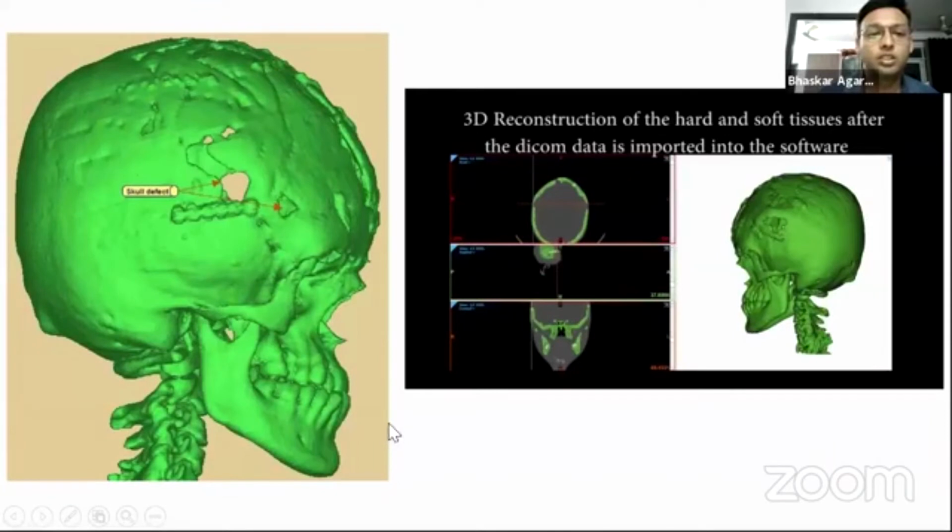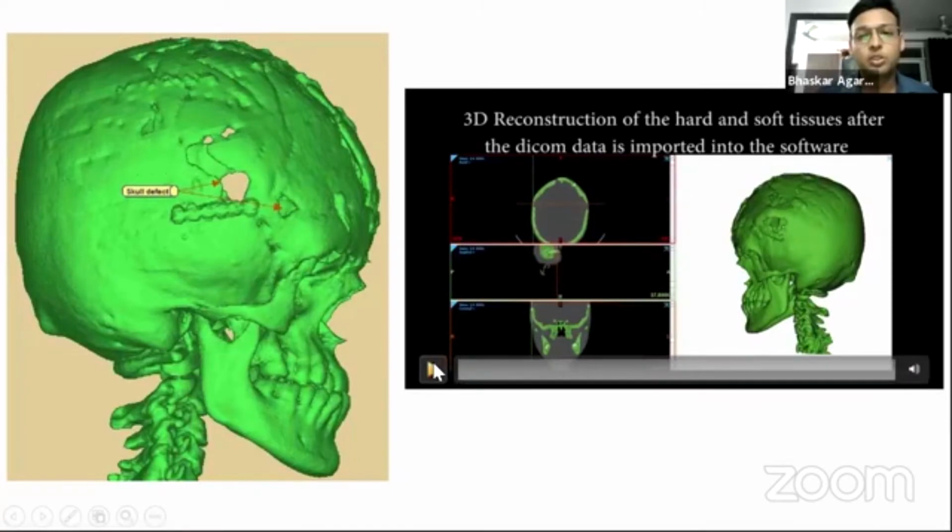As you can see in this image, there is a defect in the cranial skull. This is a patient of Treacher Collins syndrome who has undergone strip craniectomy earlier and presented to us with a retruded mid-face, where a distraction process was planned for her. So let me show you this small video.